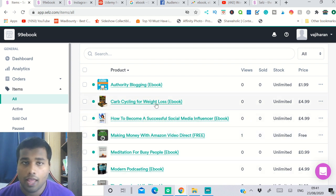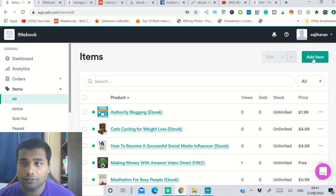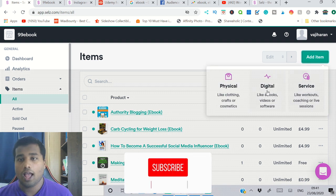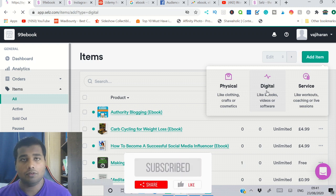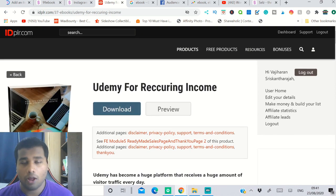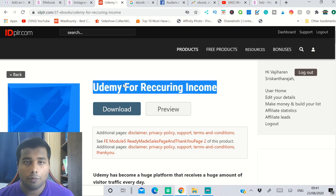So for example, if you want to publish a book, click this one called add item, and it will ask you if it is a physical product, digital, or service. If you click digital product, it will take you to your listing. So you need to add the product that you want. What you have to do is go to your IDPL account. This is the ebook I want to add. So if I copy this title here,